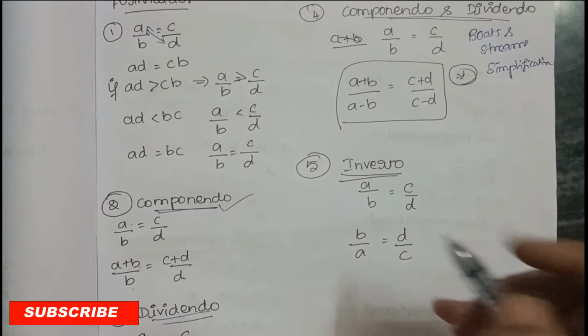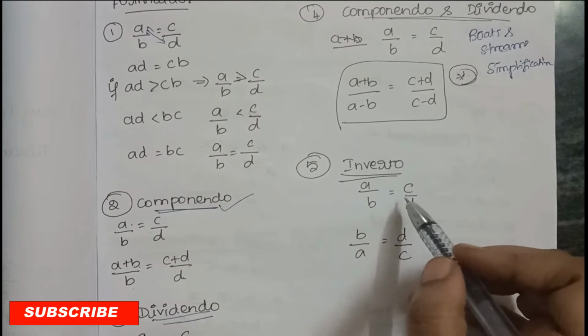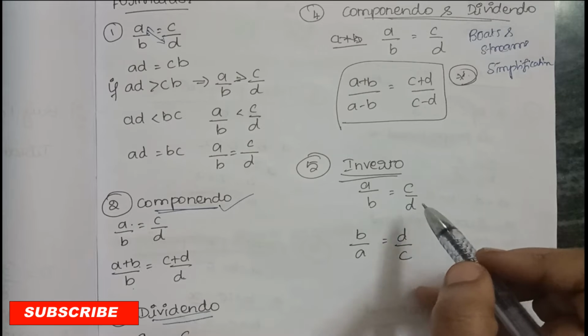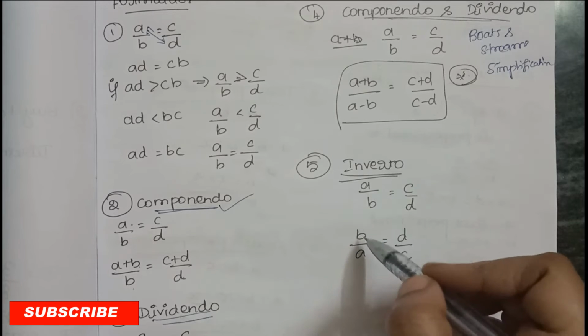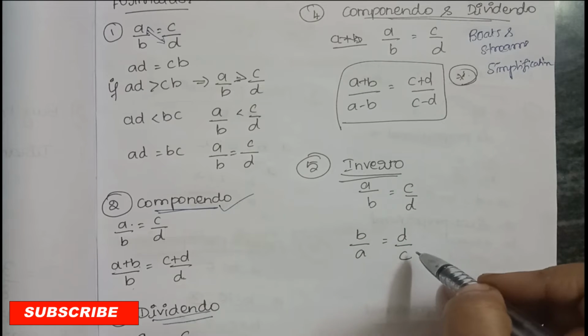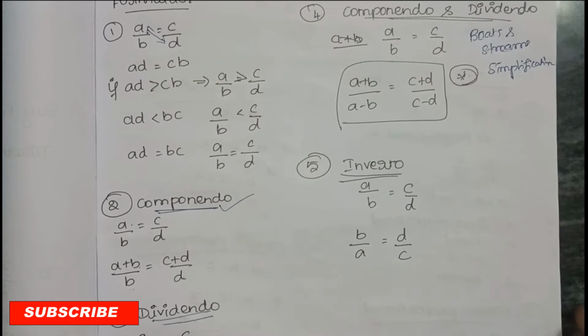And another rule is invertendo rule. A by B is equal to C by D. Here inverse of this is B by A is equal to D by C. Let us go to discuss